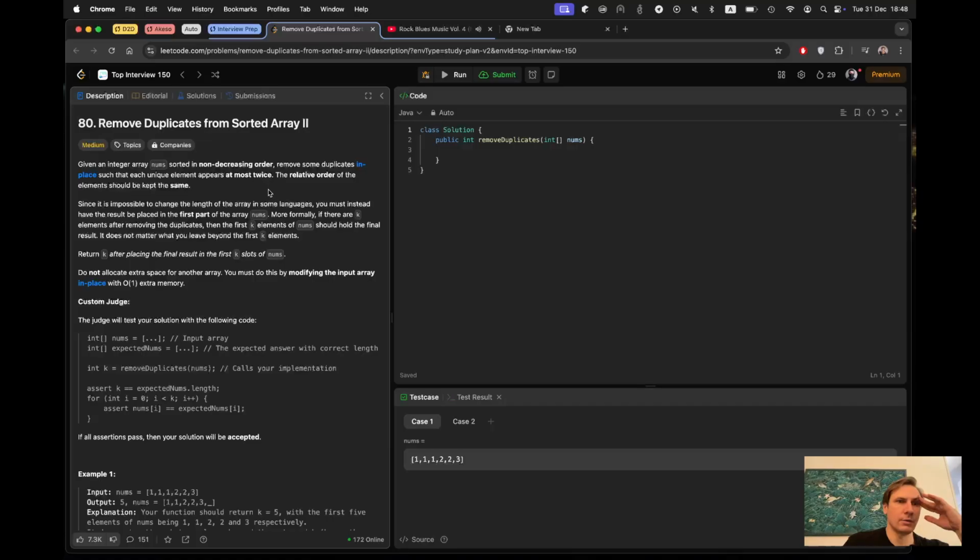Non-decreasing order, remove some duplicates in place such that each unique element appears at most twice. The relative order of the elements should be kept the same. Since it's not possible to change the length of the array in some languages, you must instead have the results placed in the first part of the array nums. More formally, if there are k elements,